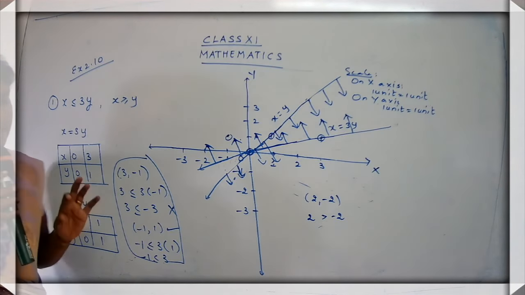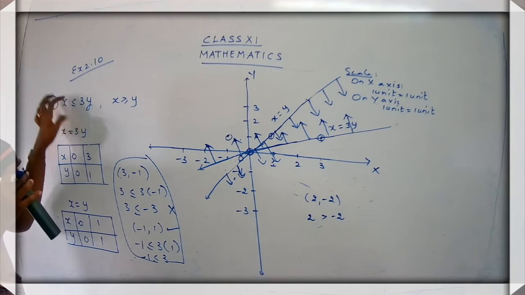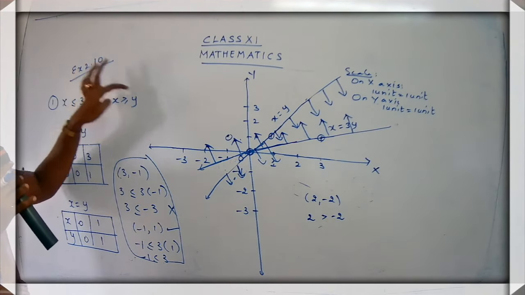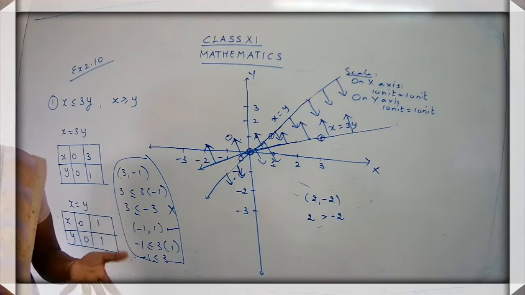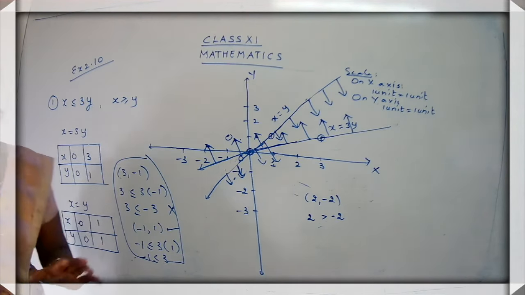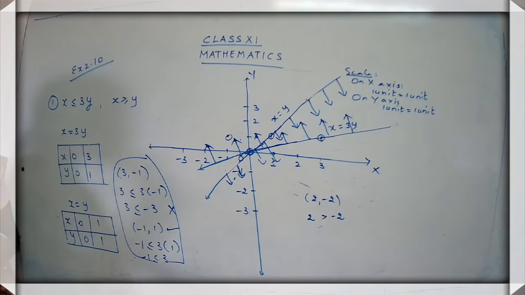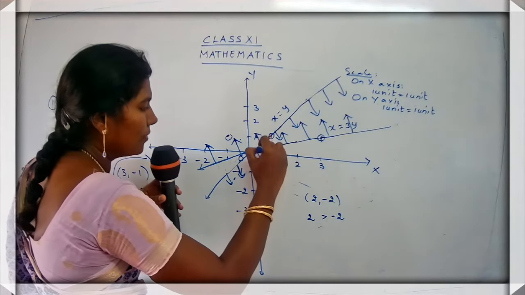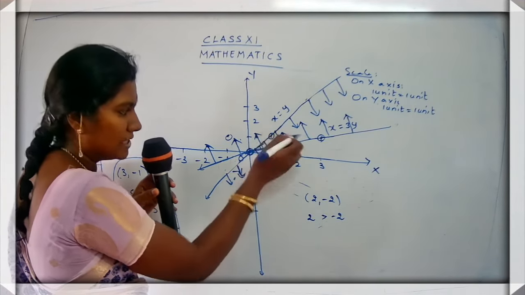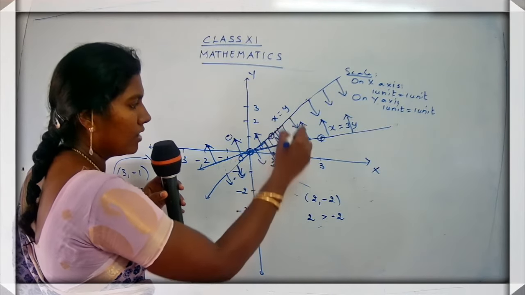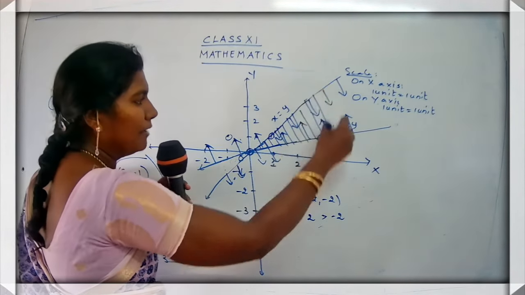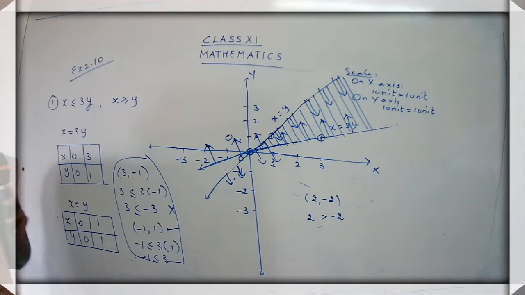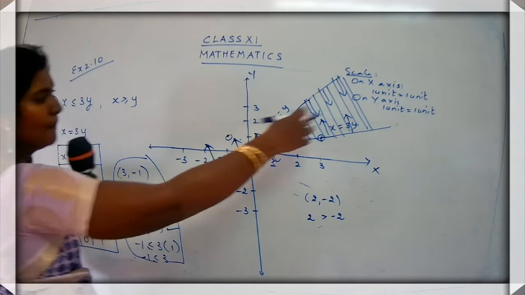Okay, so now the final part. I have found the area where this particular inequality is going to lie, and also I have found the area where x is greater than or equal to y is going to lie. Now the work is to find the common area. So which is the common area? See, check here. This is the common area. Where both the arrows meet becomes the common area. So you are going to shade that particular area. So this is the required region. Are you getting the point? So the shaded part is the required region.